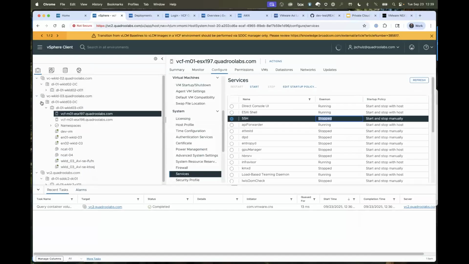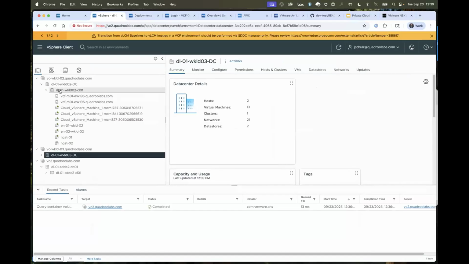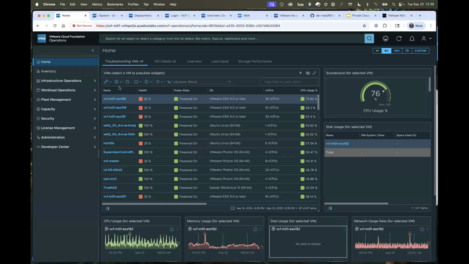And if we came over into our workload domain, we can probably see that it's not quite kicking off the template here, but it certainly will in just a second. So we'll get that cooking there at the behest of our audience.